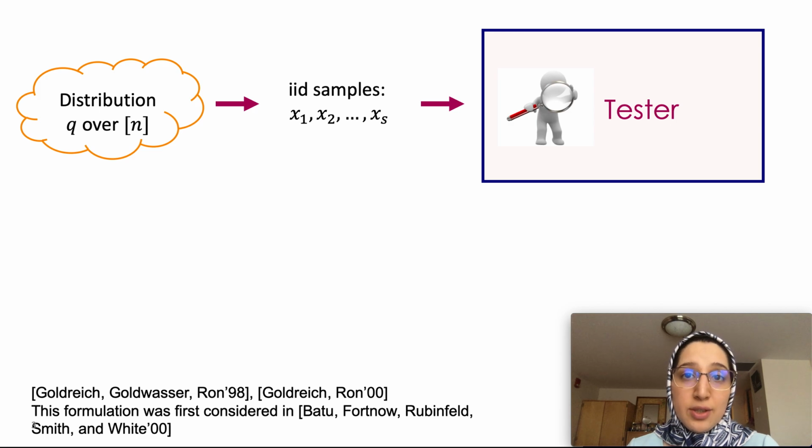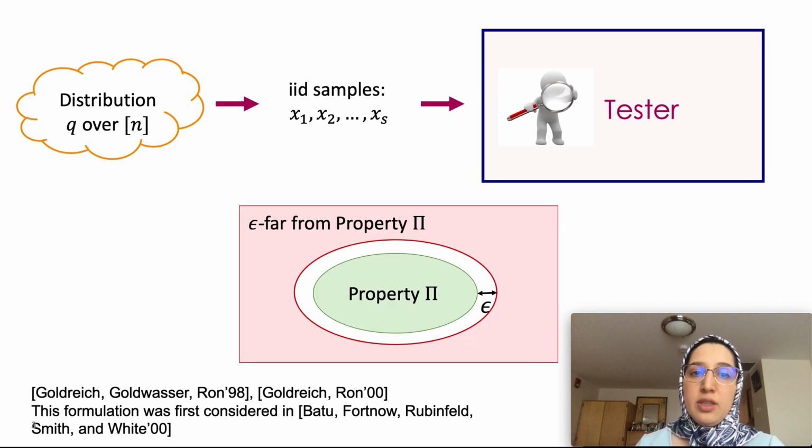We assume it's a discrete distribution on 1 to n. We receive IID samples from this distribution. We give these samples to an algorithm called tester, and we want the tester to, with high probability, let's say 90% of the time, decide whether the underlying distribution has the property pi or it is epsilon far from any distribution that has the property pi. And this notion of distance is usually total variation or L1, and sometimes it's also L2 distance as